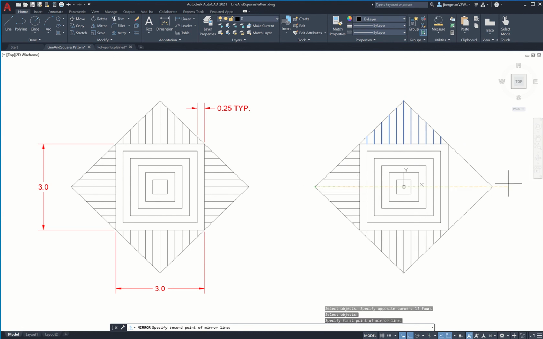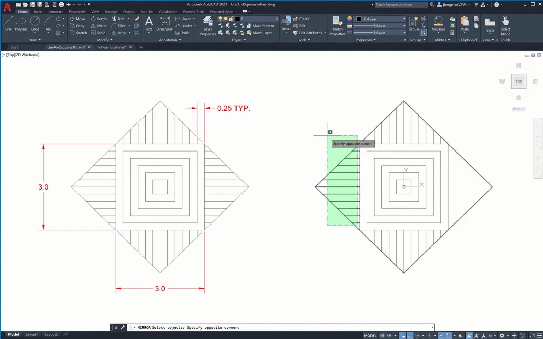So that corner, and then this corner over here, no, and then one more time, mirror, and we'll select all of these objects. I'm going to hold shift and deselect